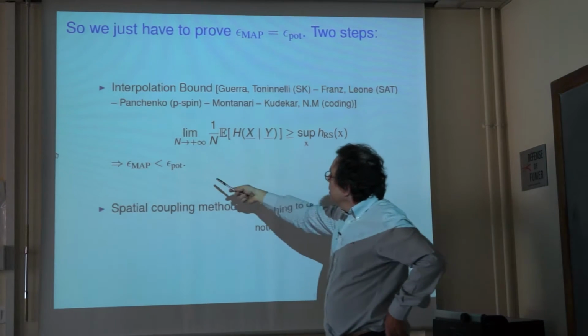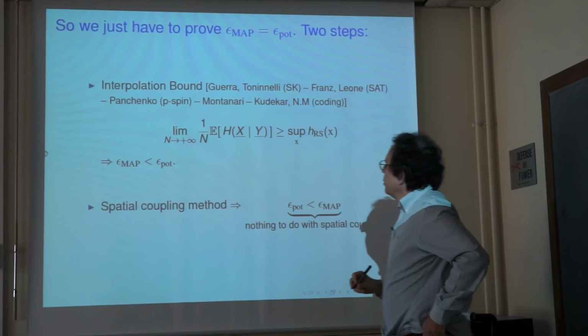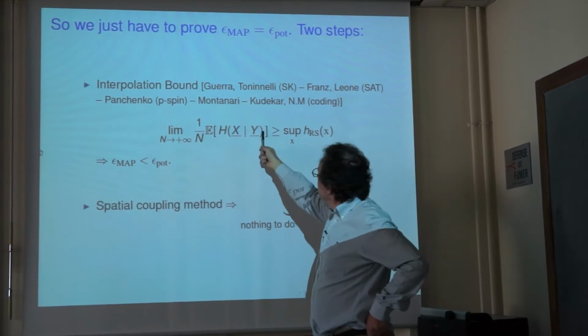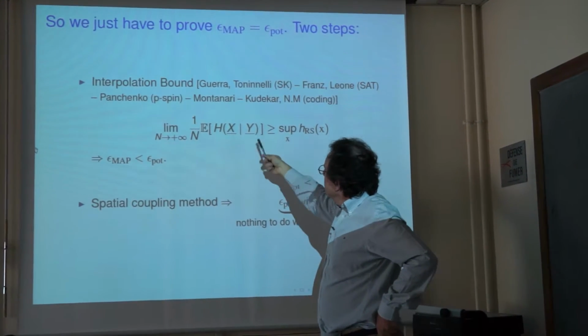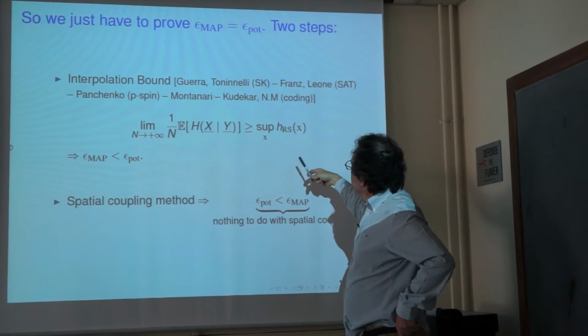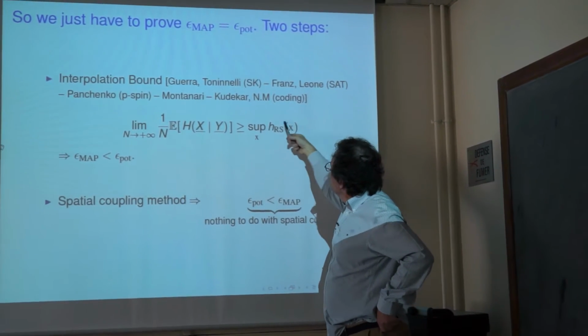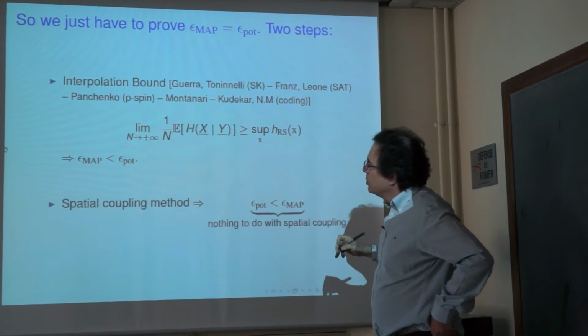And this implies immediately that the MAP is less than the potential, because this is flat until the MAP, and if you're below the potential threshold, this sup